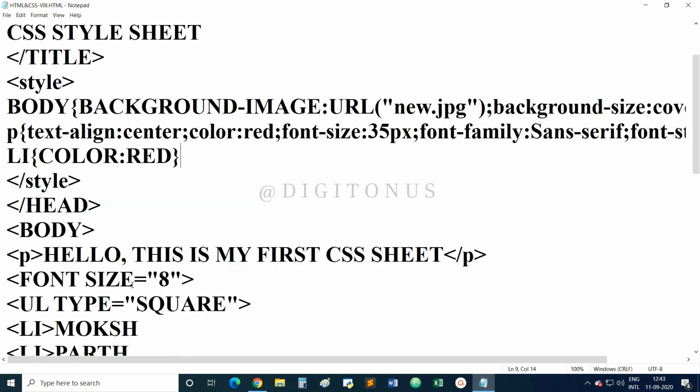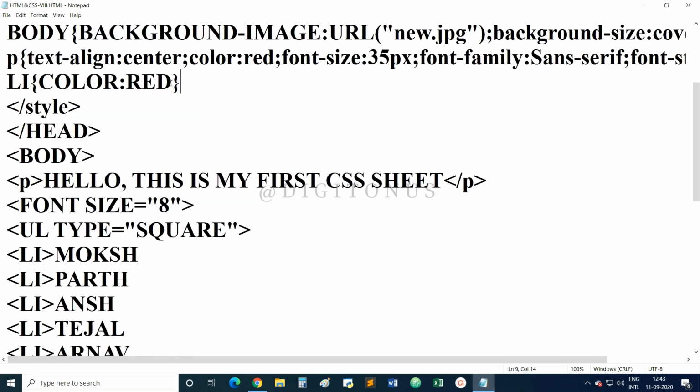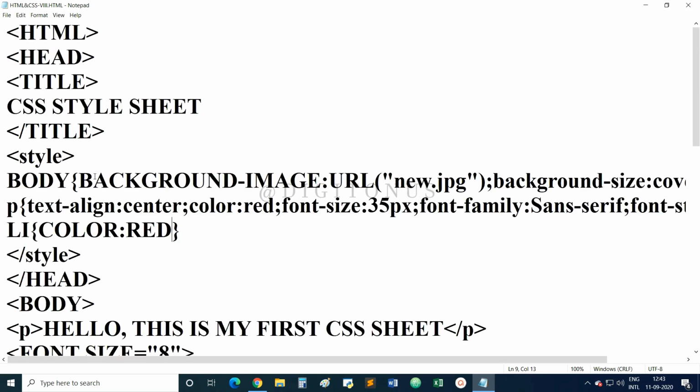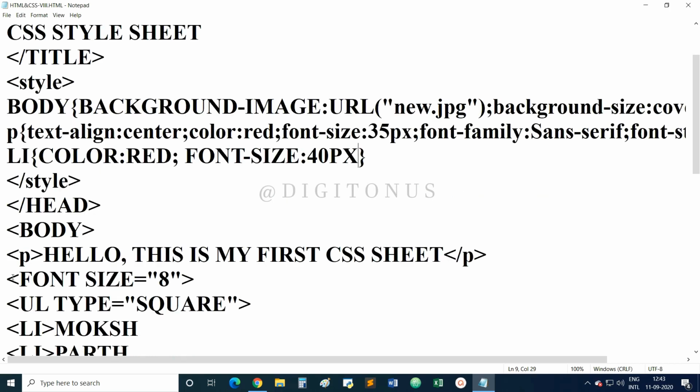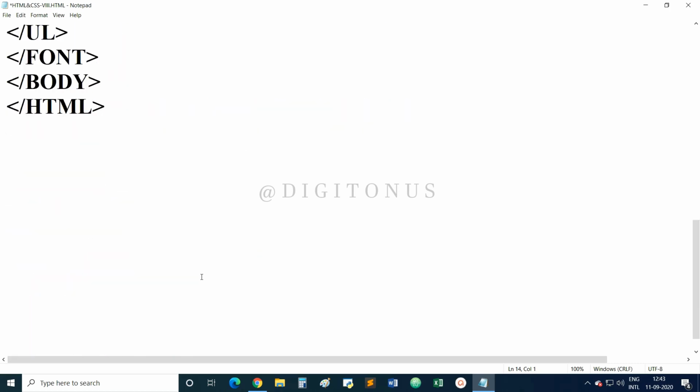And I think what we can do, color we have done, then one thing we can do also, like we have changed the font size. So we can change the font size from here also. Let me just check, font size colon, I am writing 40 pixels, and I am removing this font tag.